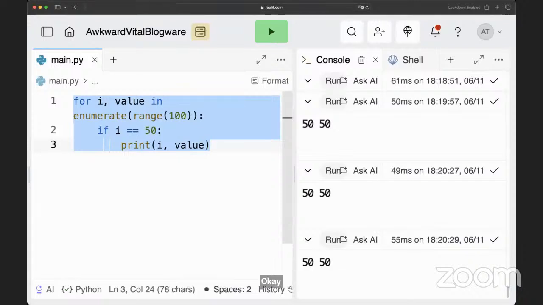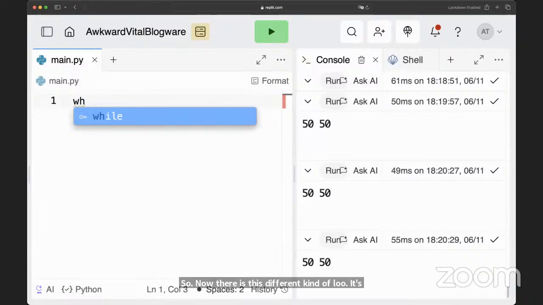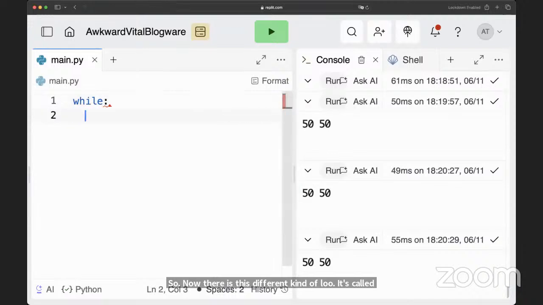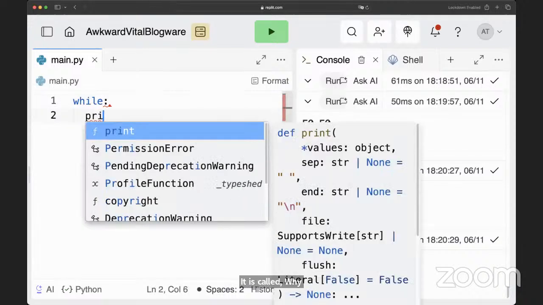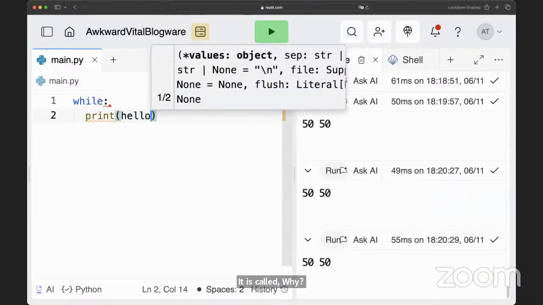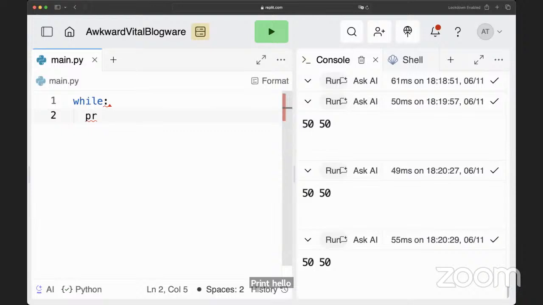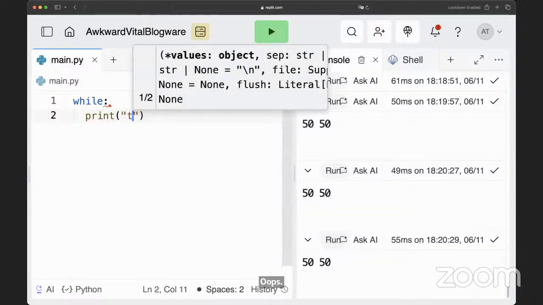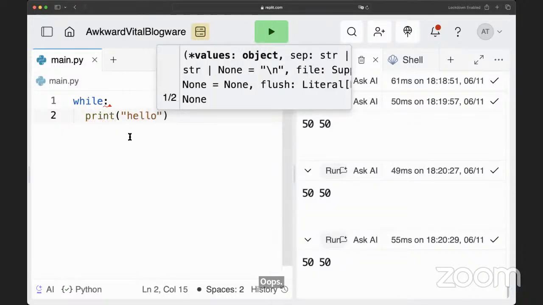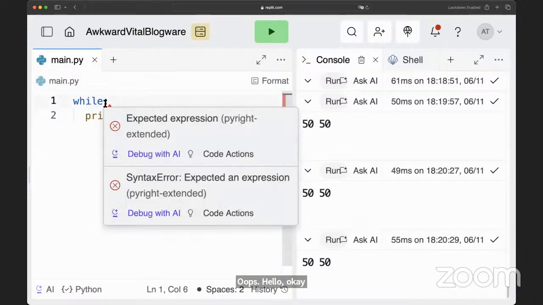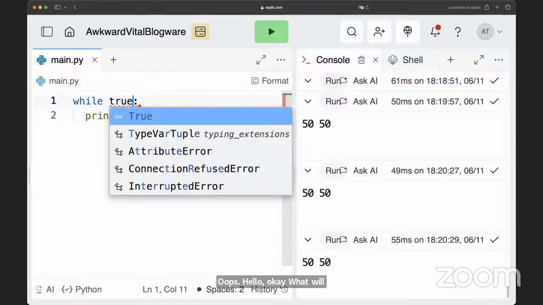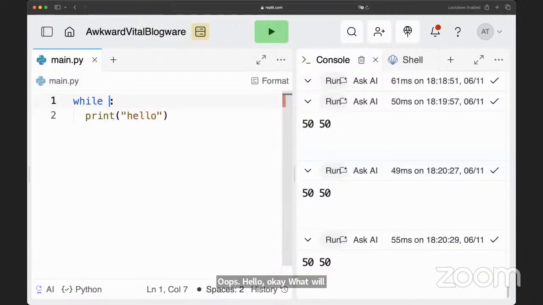So now there is a different kind of loop. It's called while. While, print hello. What will happen here?